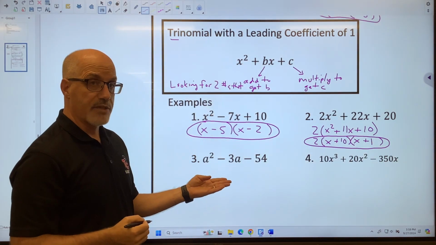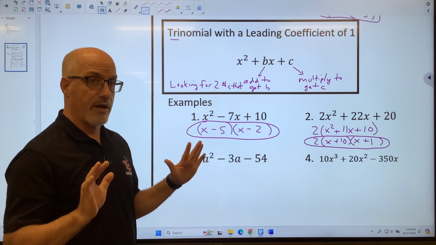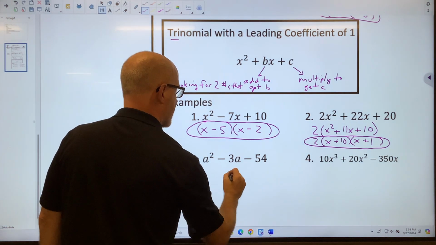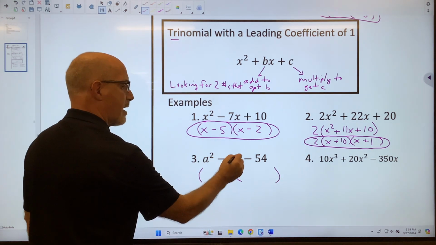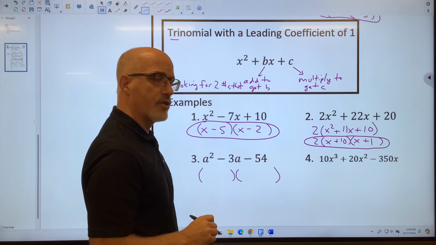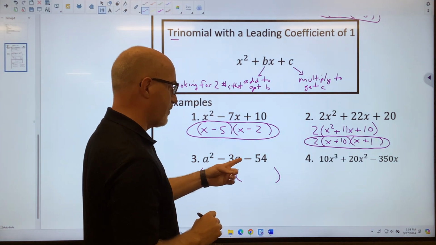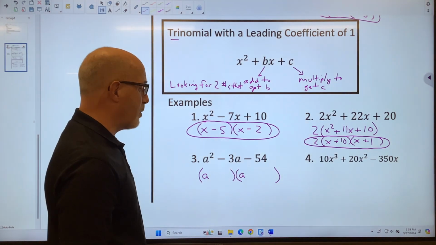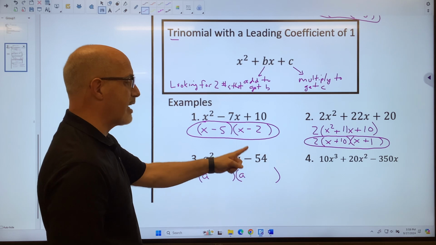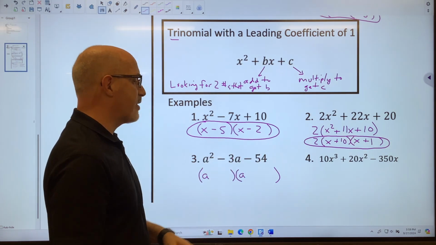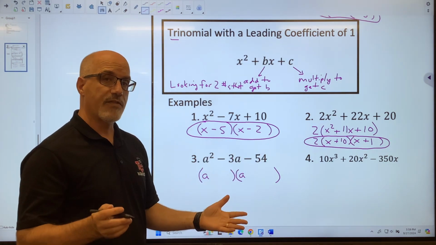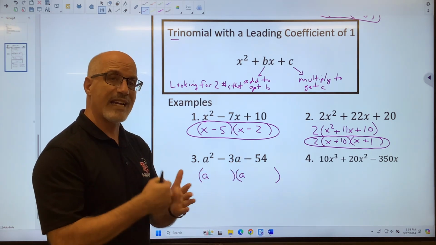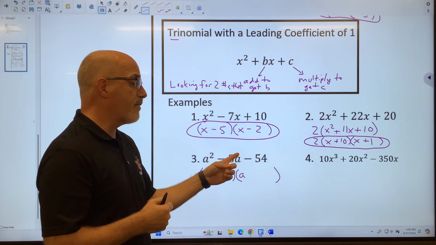I changed variables on this one just so that we're aware that it doesn't always have to be x that we're factoring. So for this one, I'm looking to factor, and there's no greatest common factor in each one of these, so you want to make sure you go ahead and look for that first. I'm going to put a and a here, and then what I want to do is look for two numbers that multiply together to give me -54, add together to give me -3. Well, -54 has many different factors, but I do know that 54 is 9 times 6. If I make one of them negative, it's